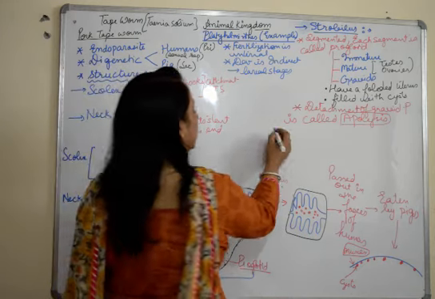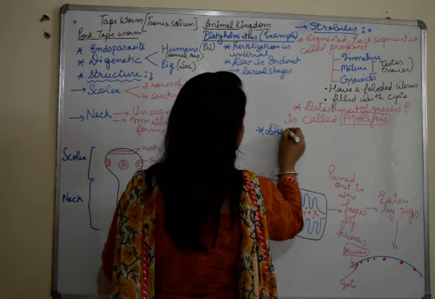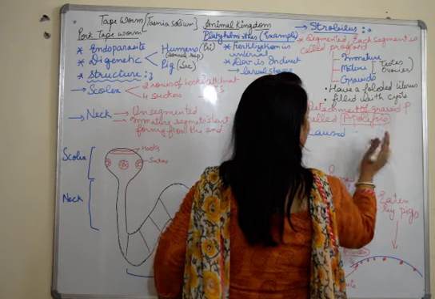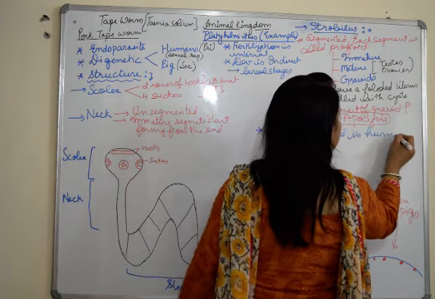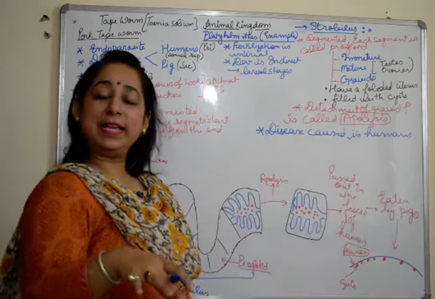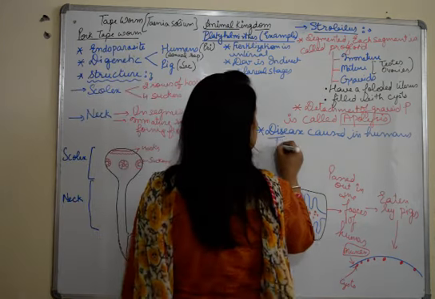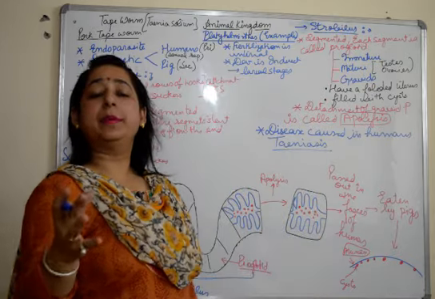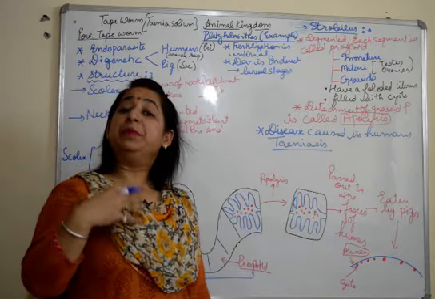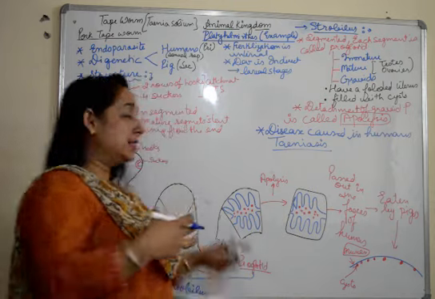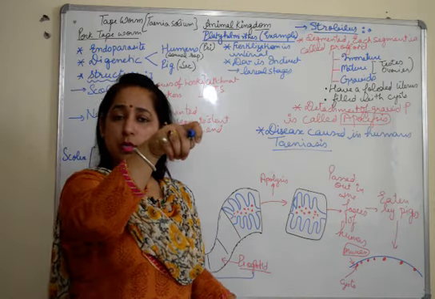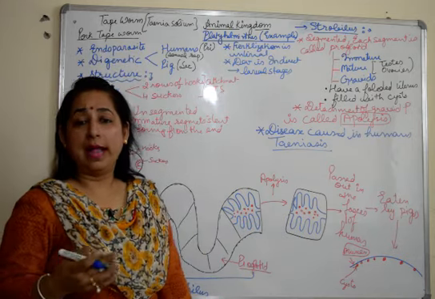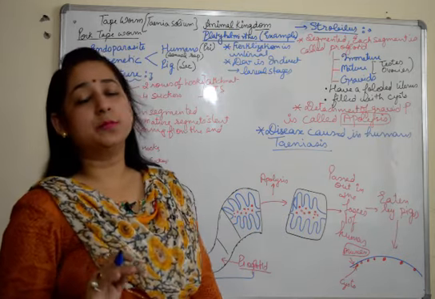Herein, the disease which is caused in humans due to the Taenia solium or tapeworm growing inside the body is taeniasis. And taeniasis is accompanied by abdominal pain, even bleeding in the abdomen, because these hooks and suckers attach themselves to the intestine, which leads to bleeding, and also abdominal pain and diarrhea. So these are the symptoms of taeniasis.